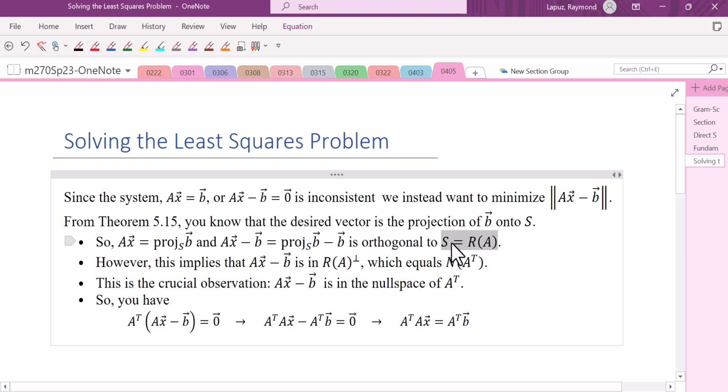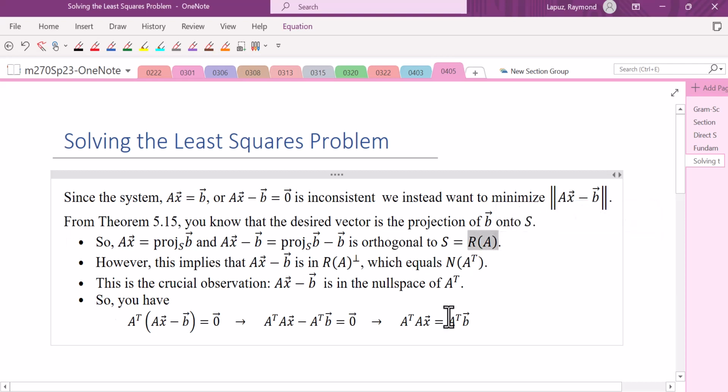And by subtracting B and the projection of B onto A, we get something that is perpendicular to